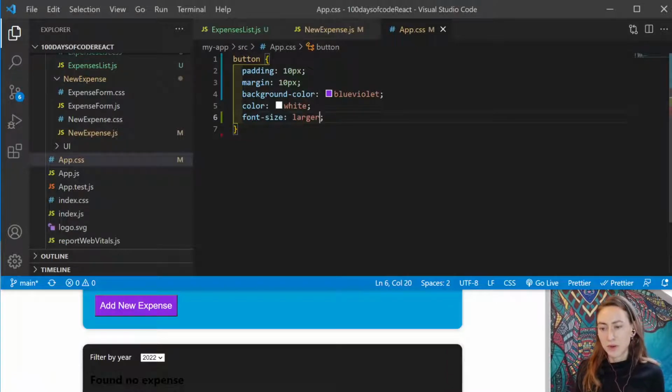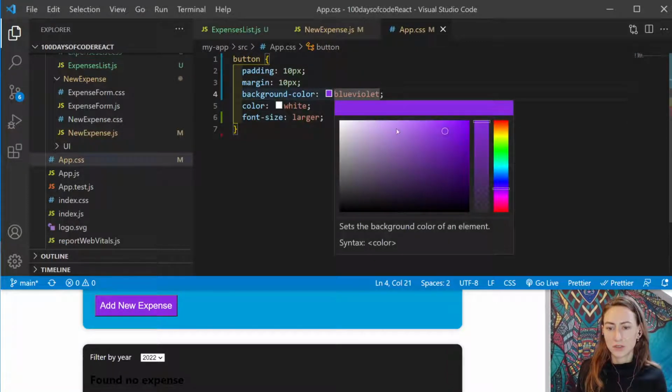Okay, so there we go. That button's slightly better. It's not great on this colour, to be honest, so let's go with a